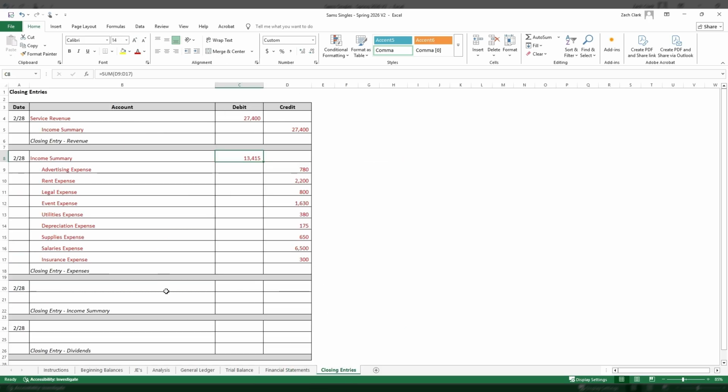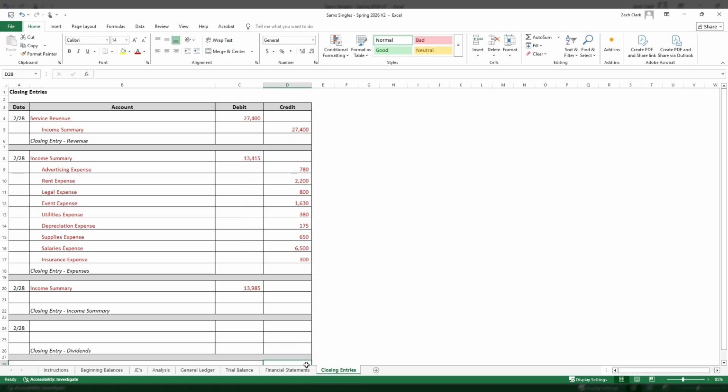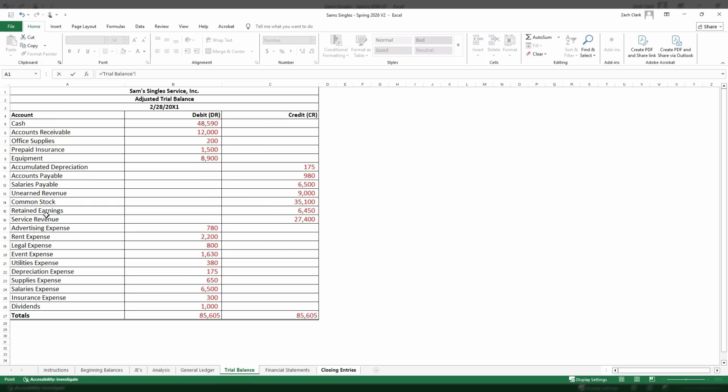That's great. And then income summary. You can see we credited income summary for 27,400. We debited it for 13,415. And so to get that income summary to close now, we're going to need a debit to get us up to the 27,400 to make it balance. We can think of that as taking the difference between these two, and what it should agree to is net income, right? Because all we're saying is this is the difference between revenues and expenses, which is the same thing as net income. And we are closing this out to retained earnings,